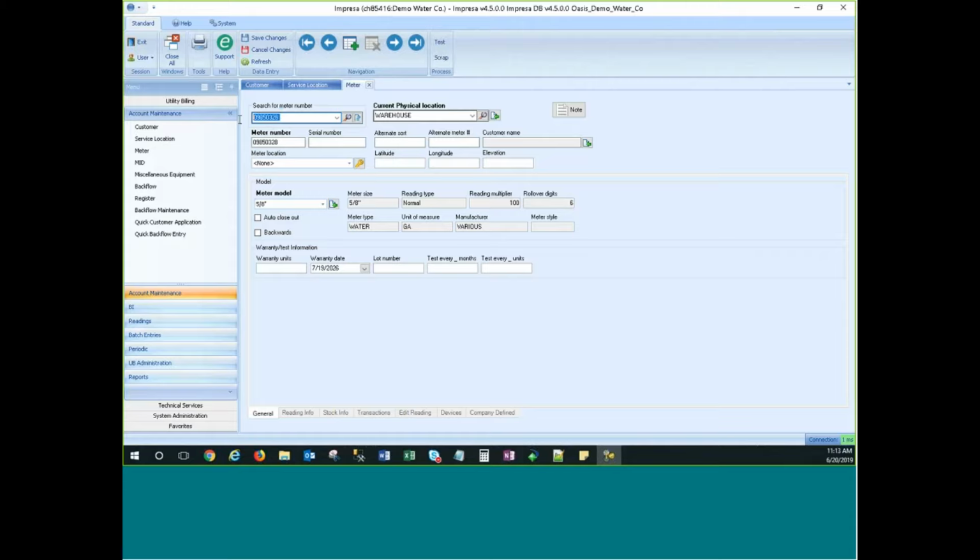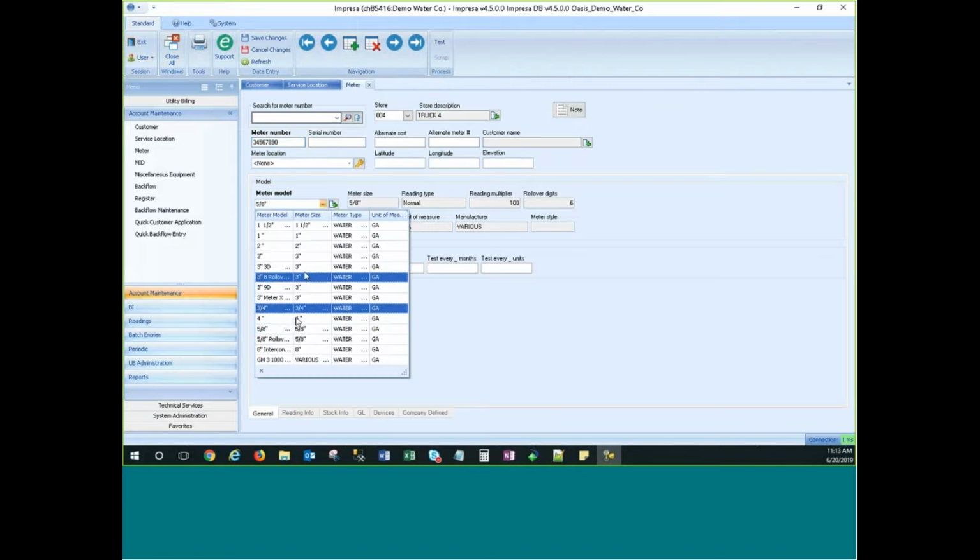It randomly chooses the one that it thinks is important, and you may be applying the reading to the wrong meter. So with that, in order to create a meter, you hit the green plus. Again, anything that is bolded here, you will want to fill in. So once that's filled in and you select a meter model from your list here,